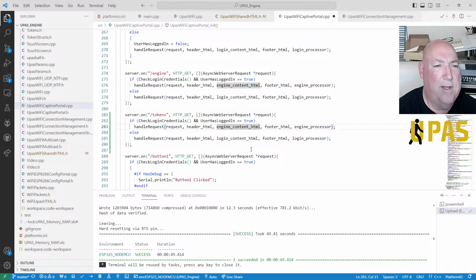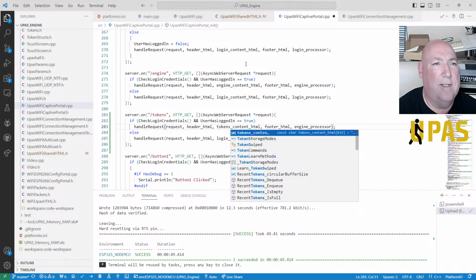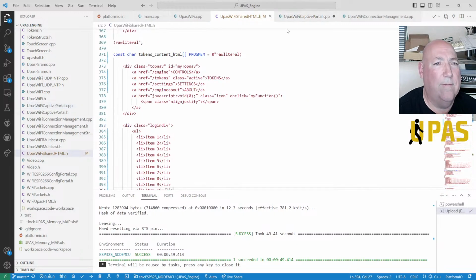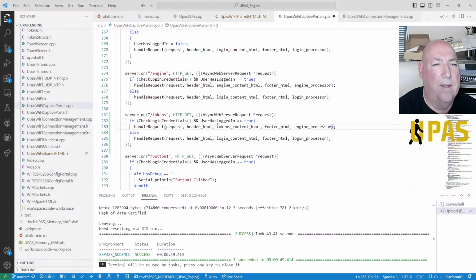So we don't want engine, we want tokens. Tokens content HTML, which is this one here. The header and footer is the same, and engine processor, is that going to be the same one? It can be for now, it won't hurt.